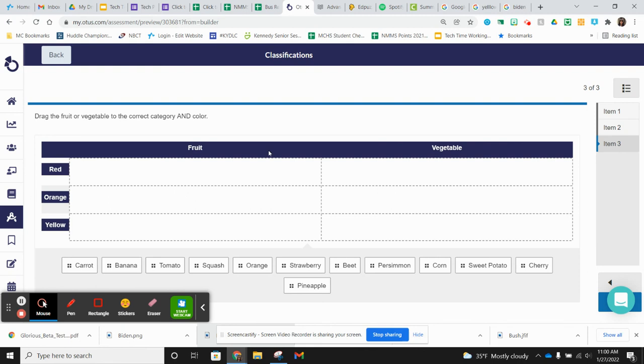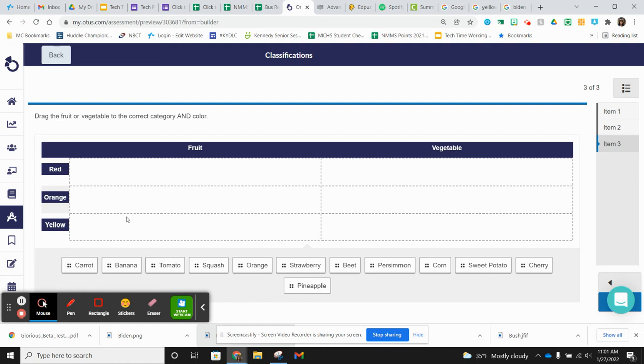So for this one, I also kind of added another level of difficulty. I still have my categories at the top, fruit and vegetables, but this time I added a kind of secondary level to it, and I had colors red, orange, and yellow. So not only would the student have to identify if it was a fruit or a vegetable, but then put it in the correct color. Now I know that that's a simple concept, but I would trust you for your content that if you needed a higher depth of knowledge, that you could have students